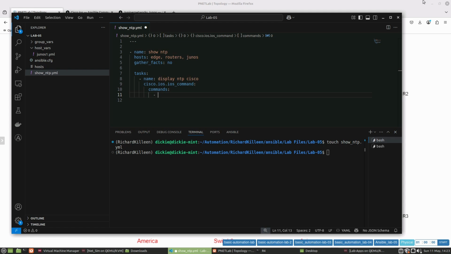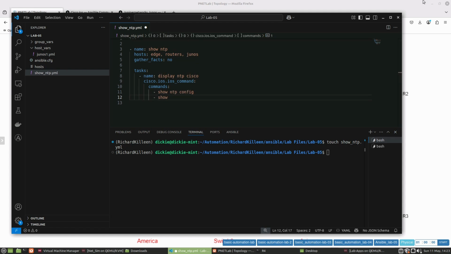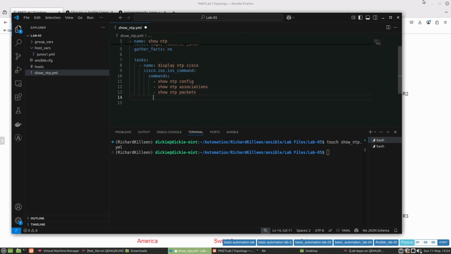So let's do a show ntp config. Let's do a show ntp associations, and let's do a show ntp packets. Okay, so that is the commands that we're going to do, and obviously we want to register the